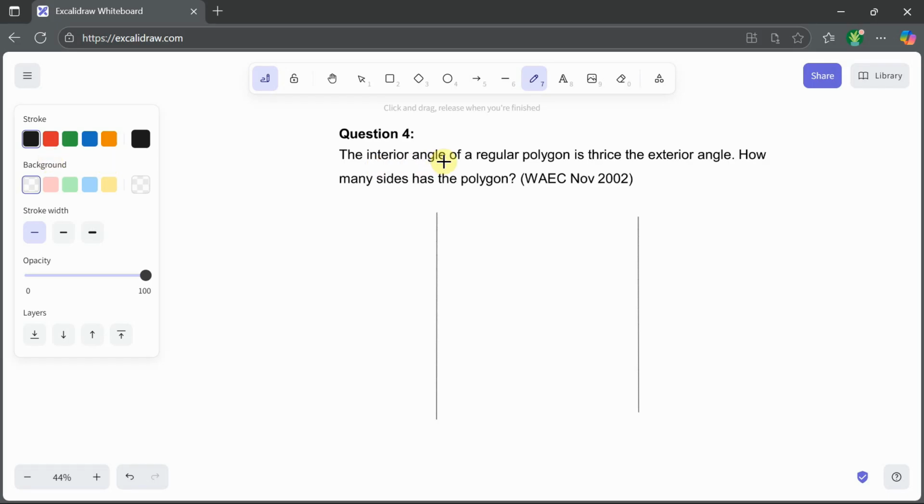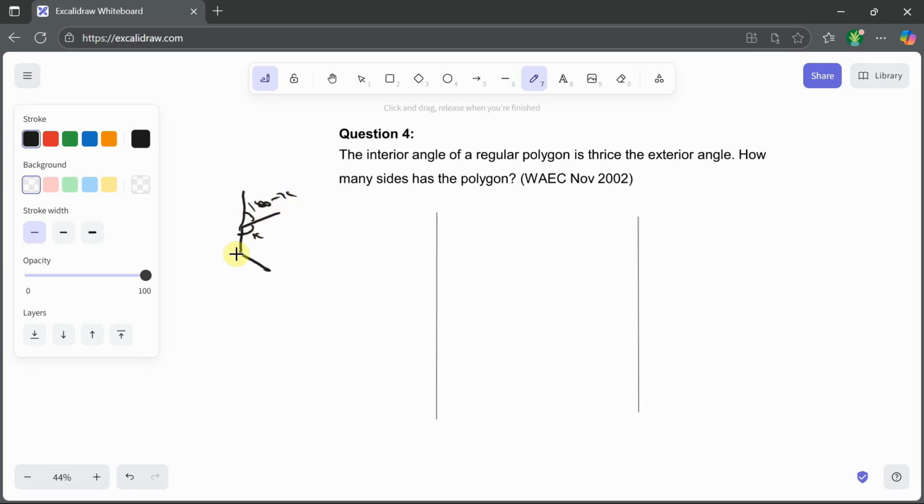So we're told that the interior angle is thrice the exterior angle. Let me draw something. Let me say this is my polygon. Let me just take one side of the polygon and draw this exterior angle. If this is the interior angle, this is x, because it's a straight line. This will be 180 minus x,